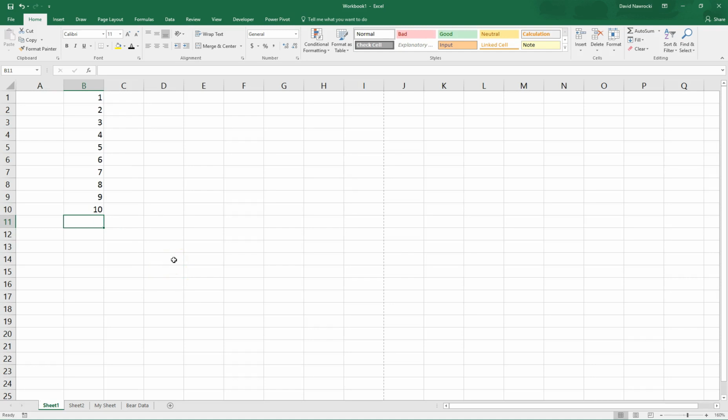Well, instead of typing in like we did before equals A1 plus A2 plus A3 and so on, that's rather cumbersome. Excel has built-in functions, and one of them is called the sum function. So if I want to total these up,